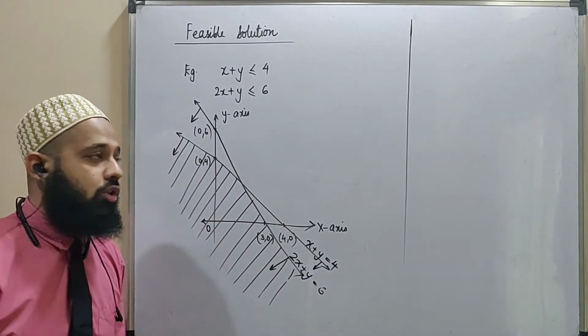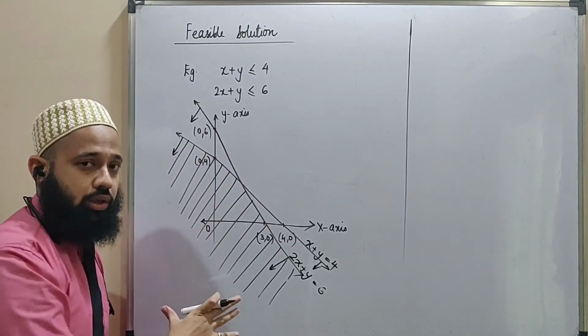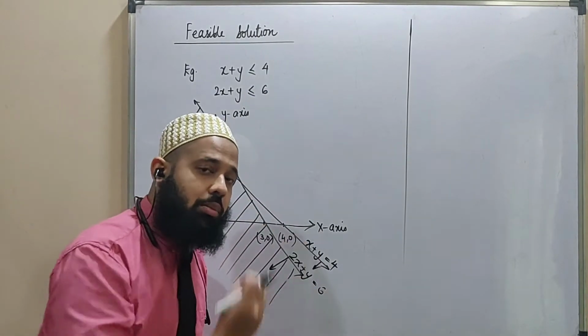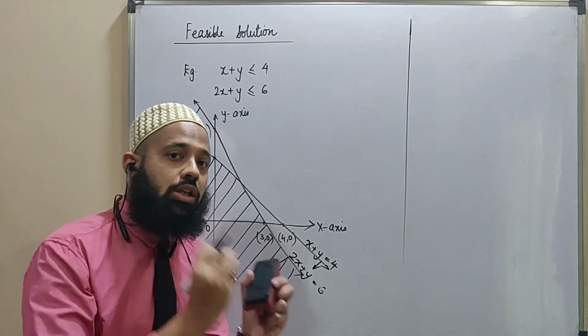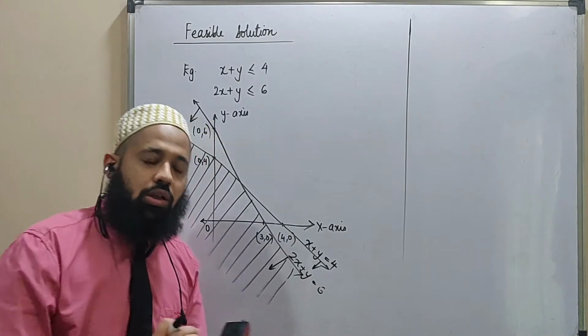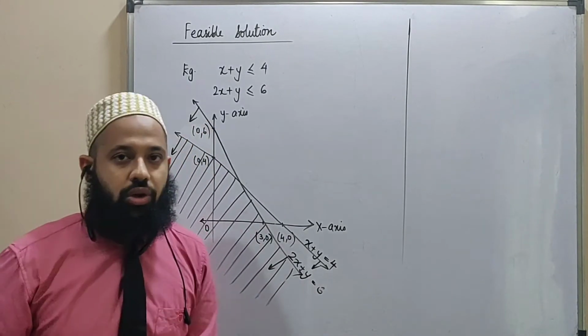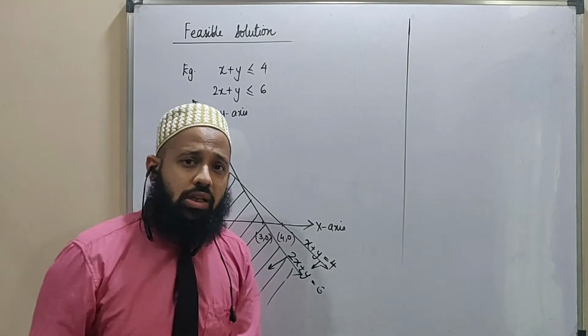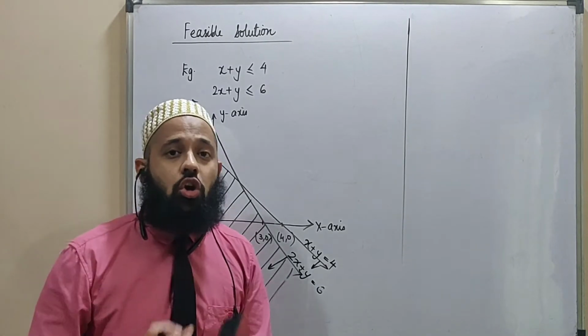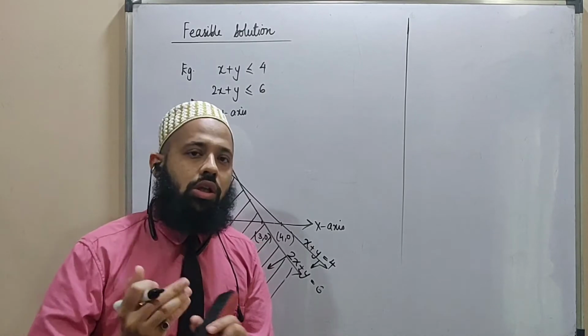देखो graphical solution में आपको inequalities available थी, आपने graph पे डाल दिया, आपने region mark कर दिया. Now when you do a feasible solution, there will be an additional inequality that you have to consider. It is a default inequality which is also called a non-negativity constraint. This constraint only tells us that x and y should not be less than 0. They should be ideally greater than or equal to 0.